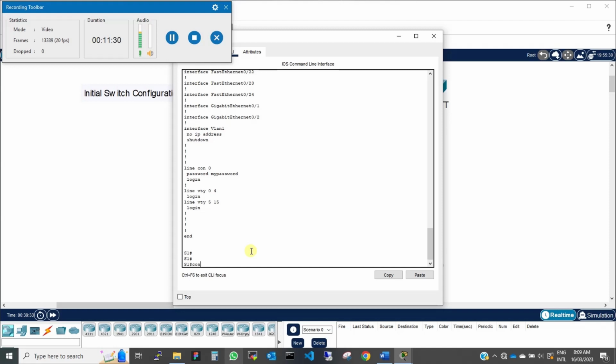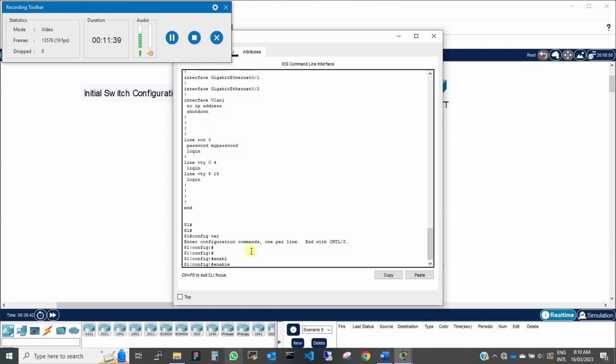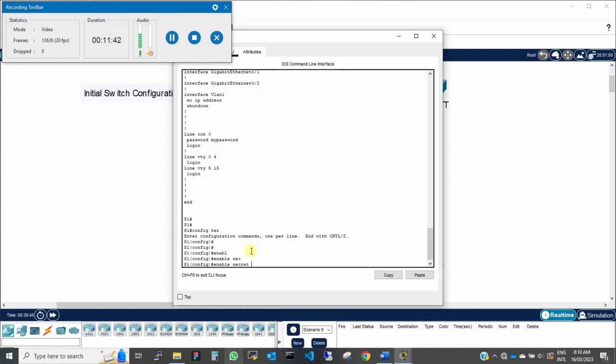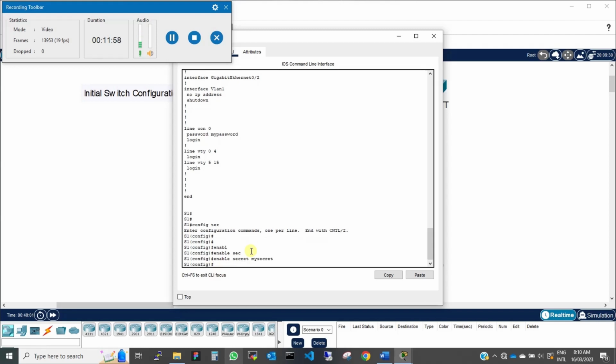To do that we will go to the global configuration mode, and then we will type the command enable, not password, this time it will be secret, and again we can say it is my secret. Okay. Now again to check the enable secret,